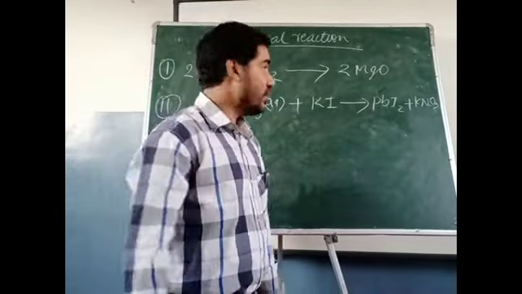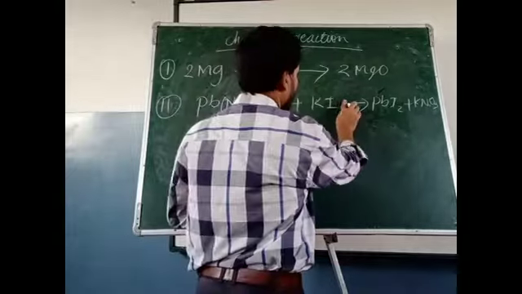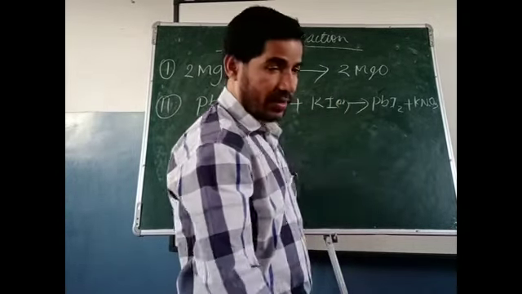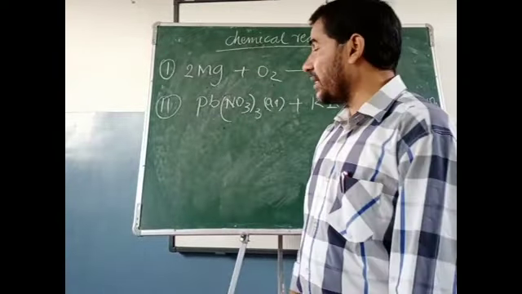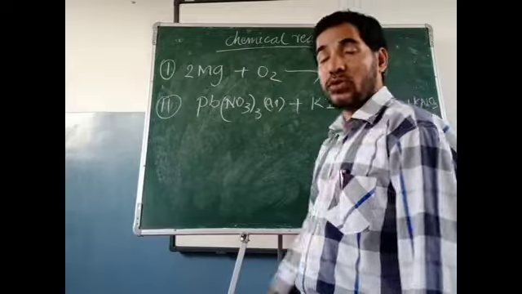Here I have taken lead nitrate and potassium iodide. You should know both are colorless. Means here lead nitrate is taken in the form of colorless solution and potassium iodide is also present in the